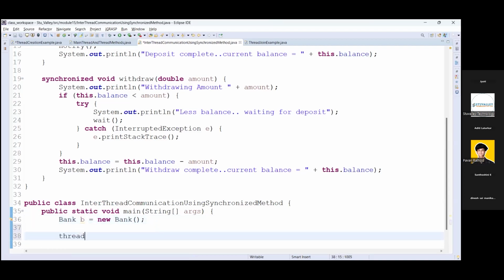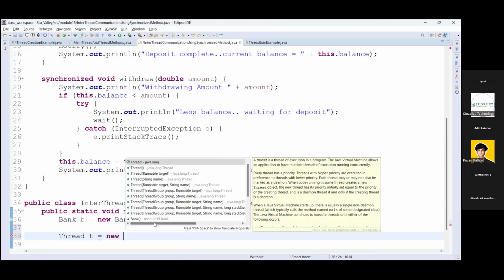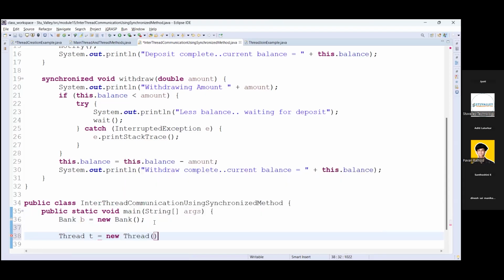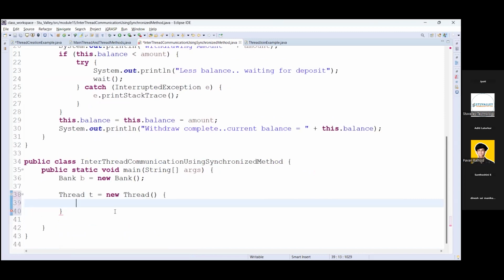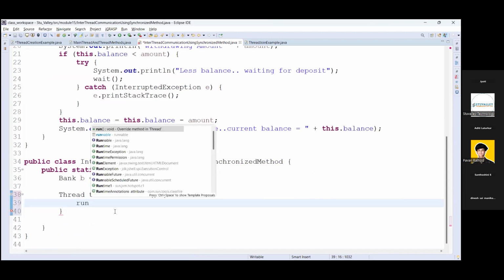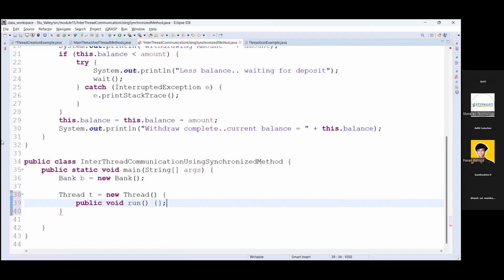We'll create a thread object, Thread t is equal to new Thread. Here in this thread, I'm going to provide the run method implementation using an anonymous inner class, because I don't want to create another separate class for the same purpose.